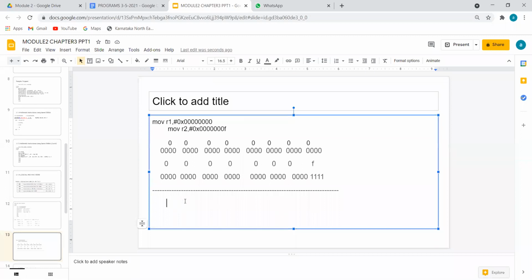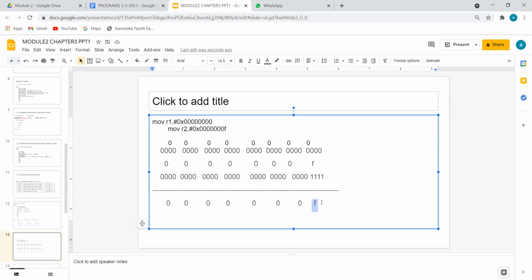Let me type 0, again 0, again 0. So then 0, then 0, and F. This will be the answer. Okay. So if you expand here, you will get 4 zeros like that. So almost 28 zeros you will get for this, because there are 7 main zeros, and each leads into 4 bits of zeros. So 7 into 4, 28.